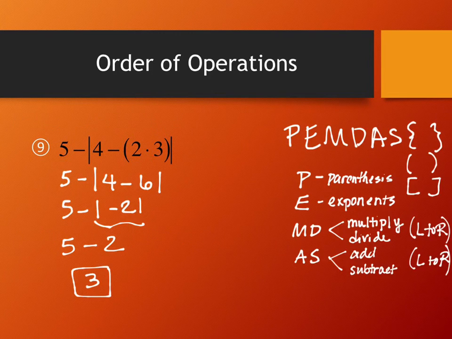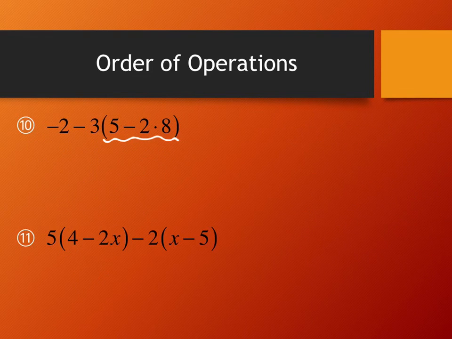And proper just means the same. And this is the order that's been established. The proper or the same order here means that which one do I do first, the multiplication or the subtraction? The multiplication, because the MD comes before AS in PEMDAS. So the first thing I'm going to do is actually do the multiplication. So I'm going to leave the -2 and the -3, all that's going to stay the same. And a 5 minus is going to stay the same. And now I just have 2 times 8. And 2 times 8 is